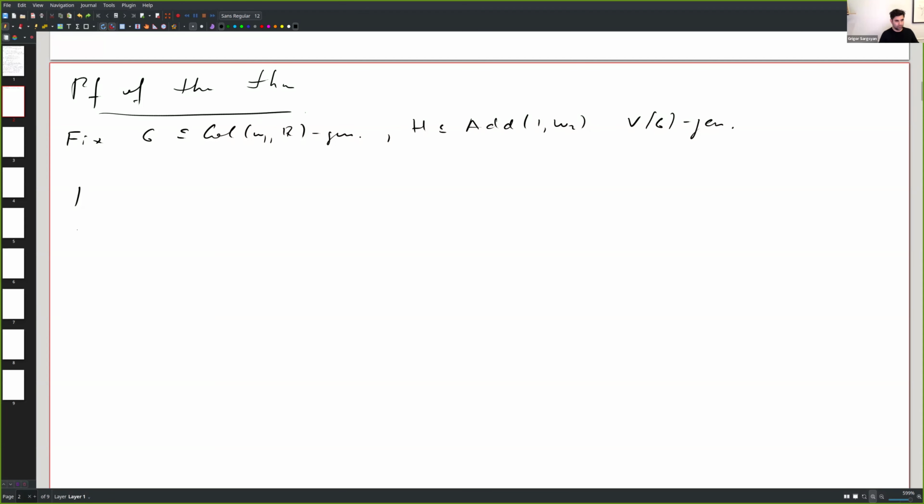So let I be the ideal on R to the omega generated by